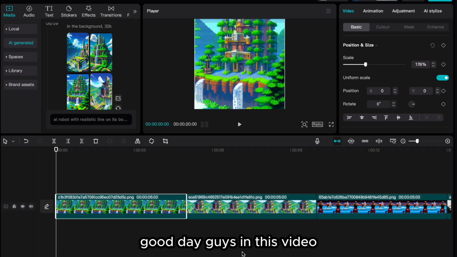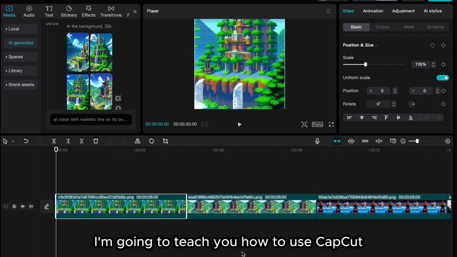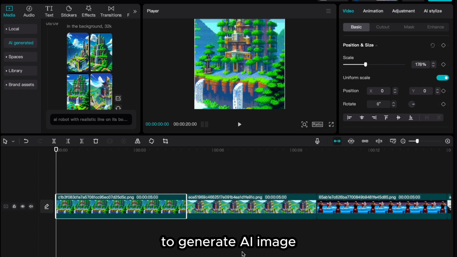Good day guys, in this video I'm going to teach you how to use CapCut to generate AI images